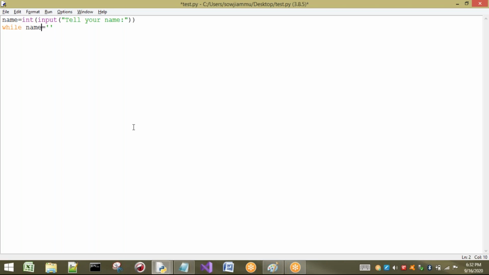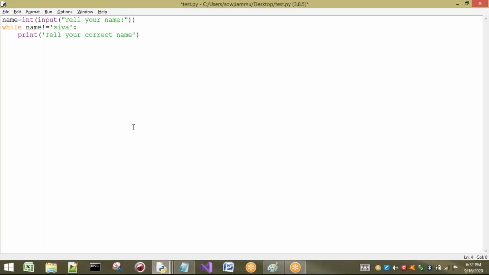So if your name is not equal to Shiva, it will go on asking you until your name is Shiva. If you do not give Shiva, it will not allow you to enter. Now see, again it will ask: print, same statement, tell your correct name. Correct name. Right.